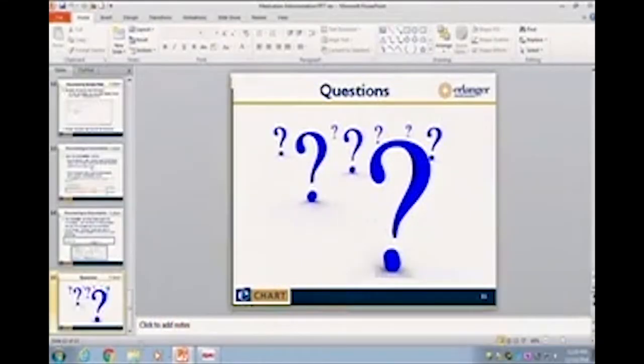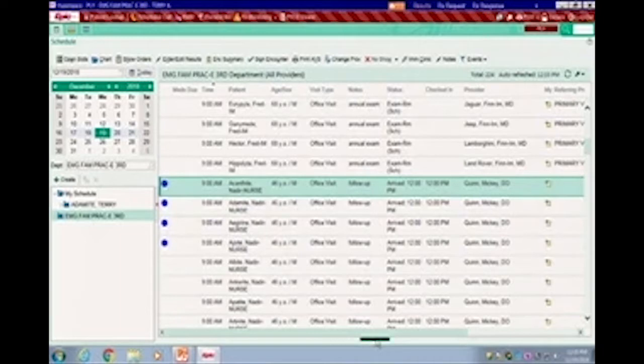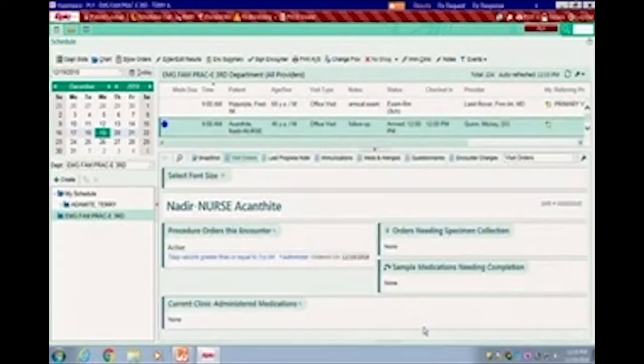Okay, and let me go back into Epic and find our Nadir patient. So I'm going to single click on my Nadir patient, and since I hid my little window shade down there, I'm going to go find it and click it. Okay, so now I'm still on the visit orders report, and I see here's our immunization that we need to administer, the Tdap vaccine, and we have an administer hyperlink right next to the vaccine. So I'm going to click on the administer hyperlink, and it jumps me into the immunizations activity in Nadir's chart.